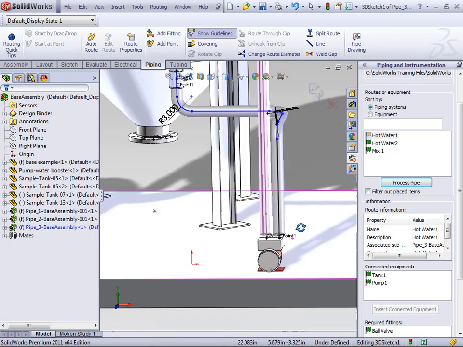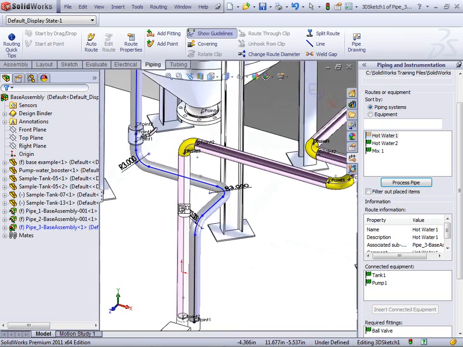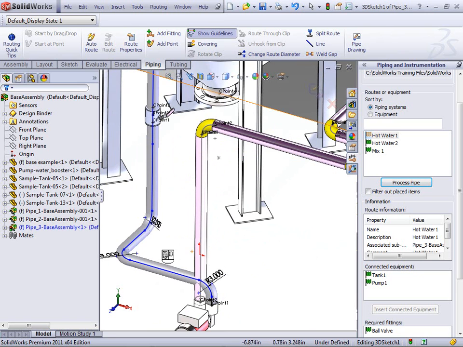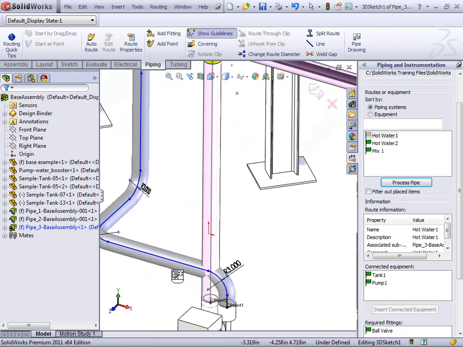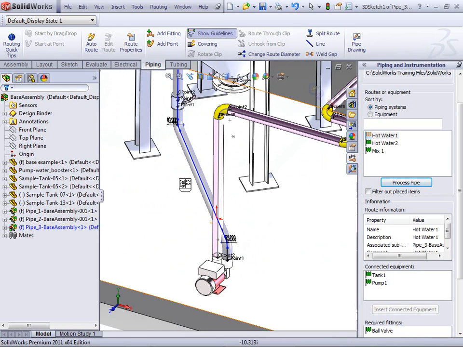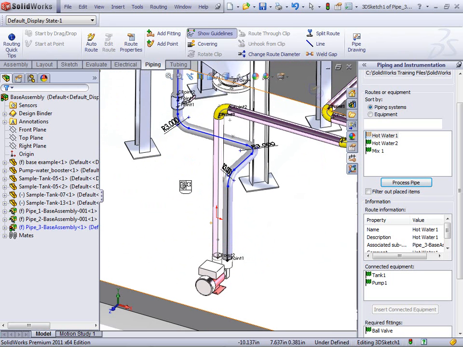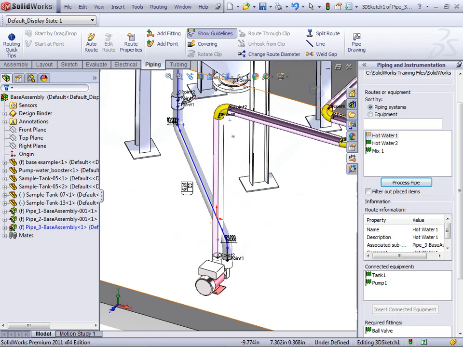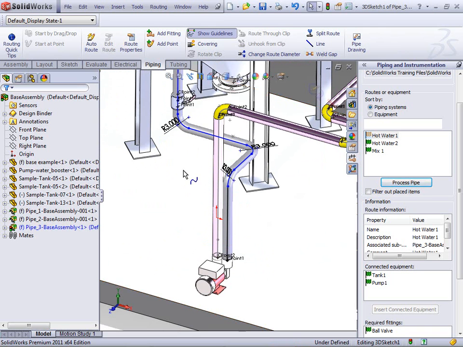You're only going to have a couple of options that are going to work so that they don't interfere. So I go right click, that one will work. That one's going to interfere on the bottom. That one interferes up here. So I have really, in this case, I think maybe 4 or 5 different solutions, but only 2 are going to work. So I'll go ahead and accept this one here, and then I'll get out of the sketch all the way. So in this case it let me put in the route with a valve in the middle here,